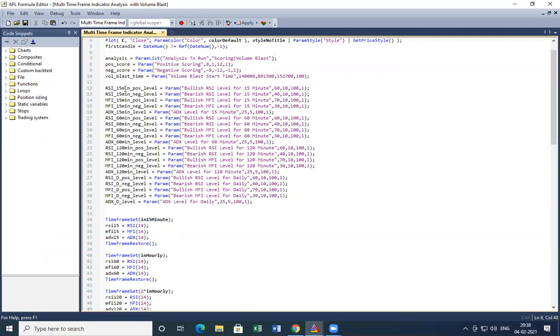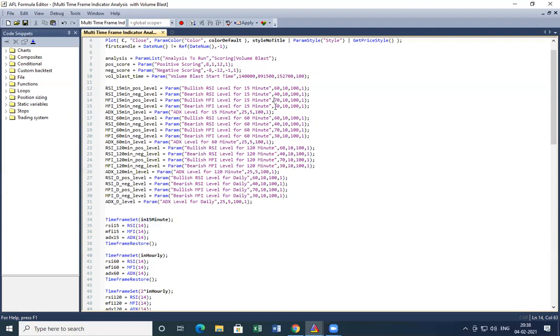Okay, now here I defined a variable called RSI 15-minute positive level, and for that I give a default value of 60, RSI negative level with default value 40, MFI 15-minute positive level with default value 70, MFI 15-minute negative level with default value 30.